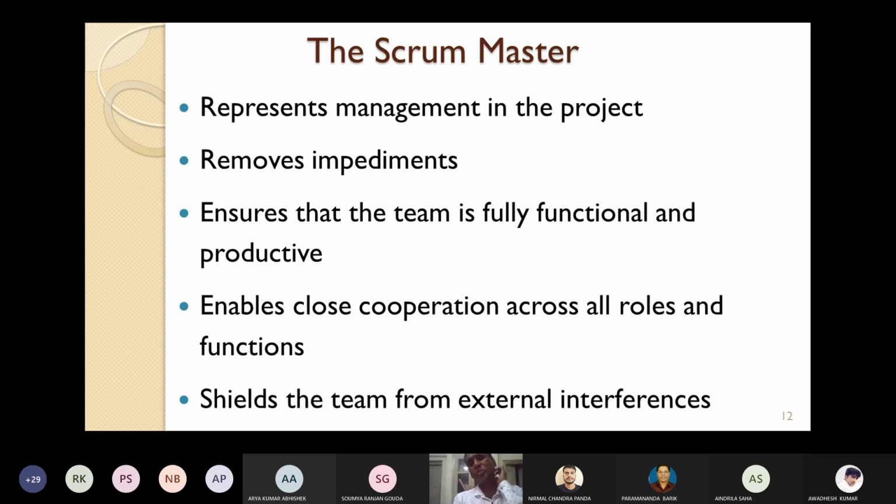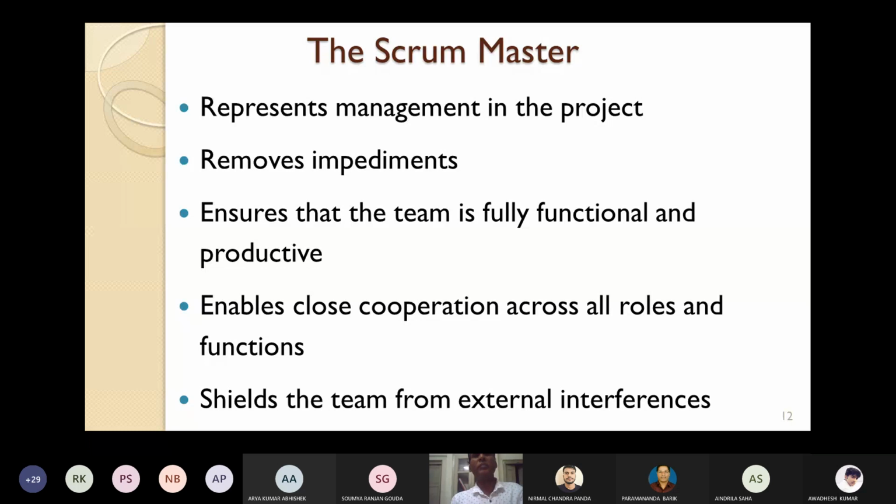Somebody should liaison, somebody should act as the coordinator. He shields the team from external interferences.